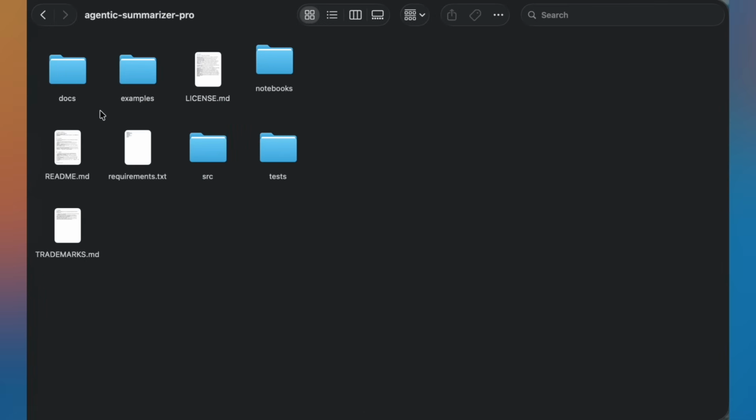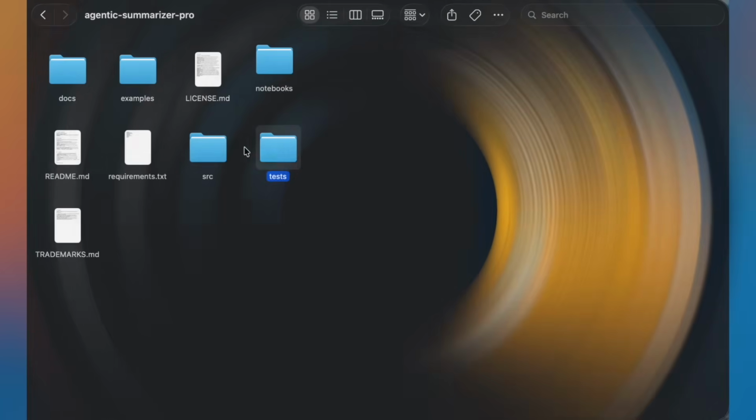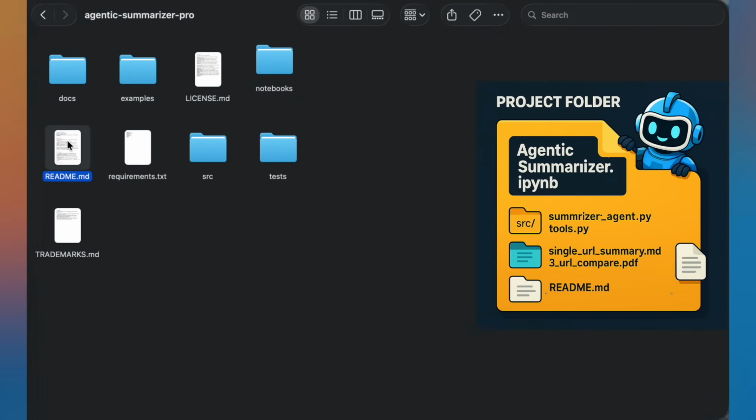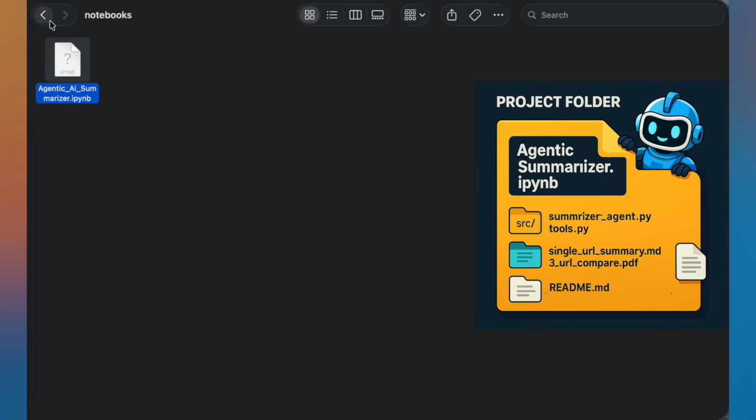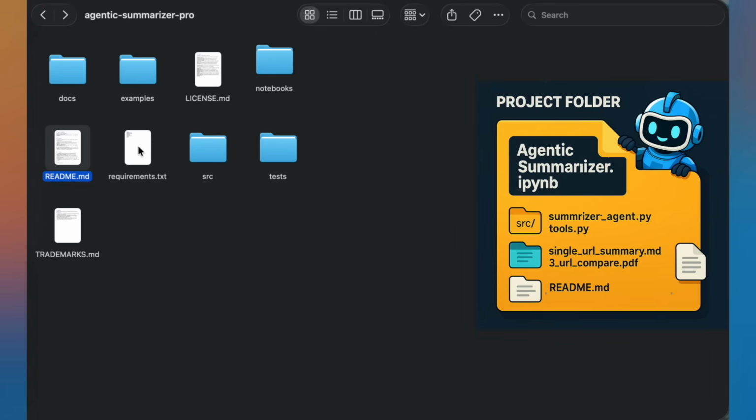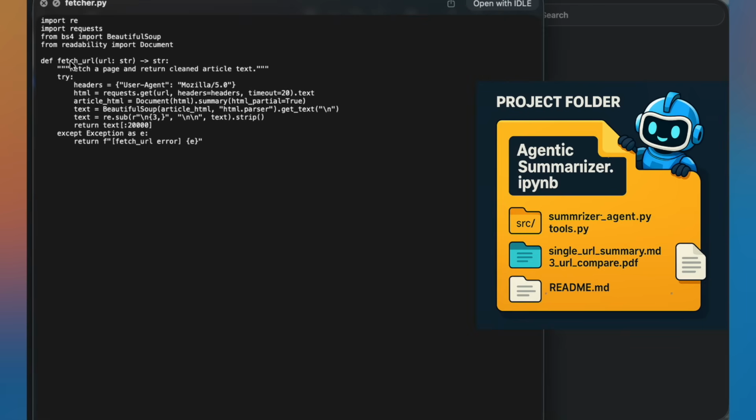And as I'm demonstrating it, I'm opening the folder up so you can see that. Under the hood, the repo is organized like a proper project. There's the interactive notebook, which is where the UI lives. And you've got the source folder, the SRC folder right there, holding the core source code like the summarizer logic